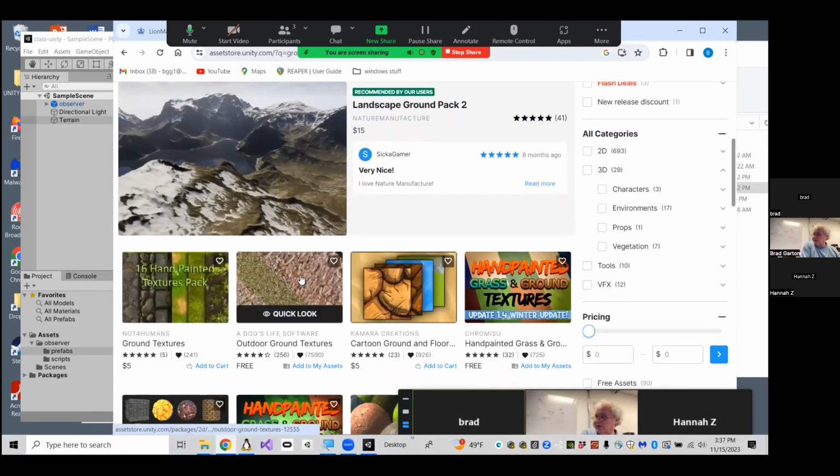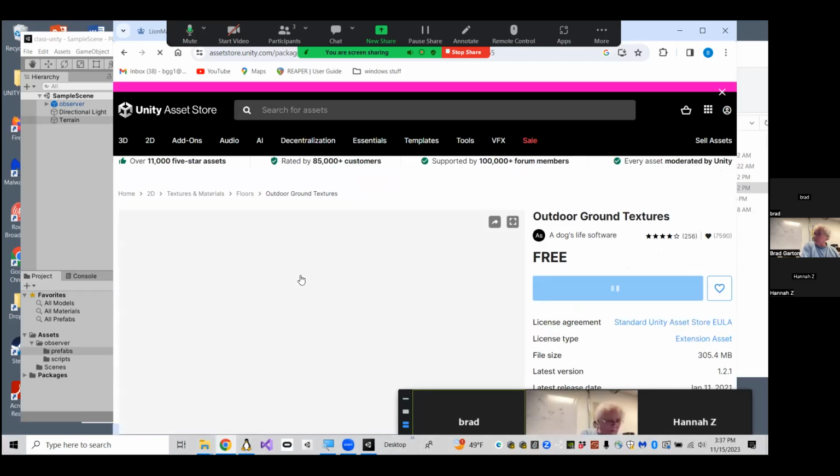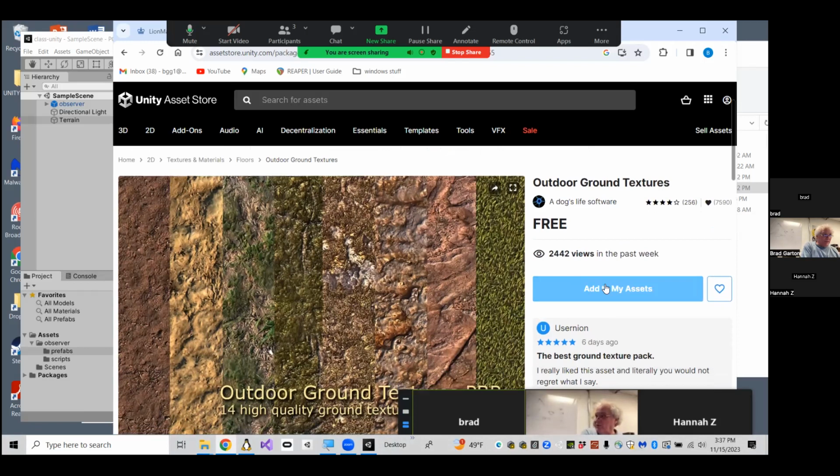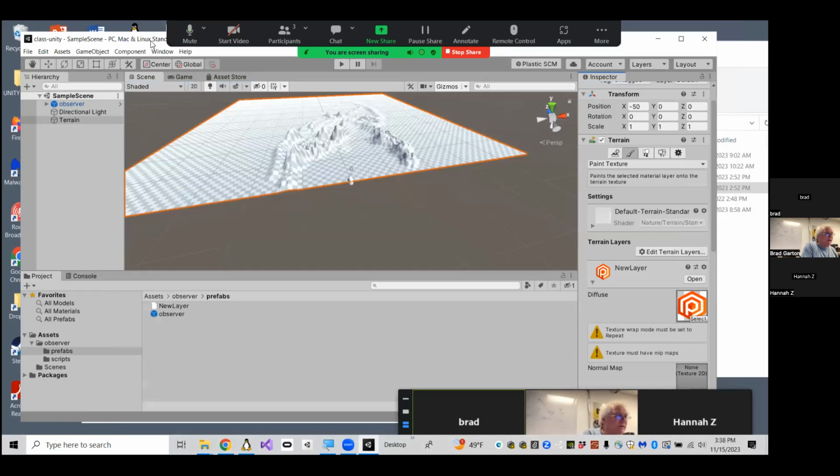Let me just try this one out here. I'm not going to do it because I've already downloaded this stuff. But what you do is you click add to my assets. And at that point, you're going to be able to go back to Unity. And let me hide the thing here. And up here